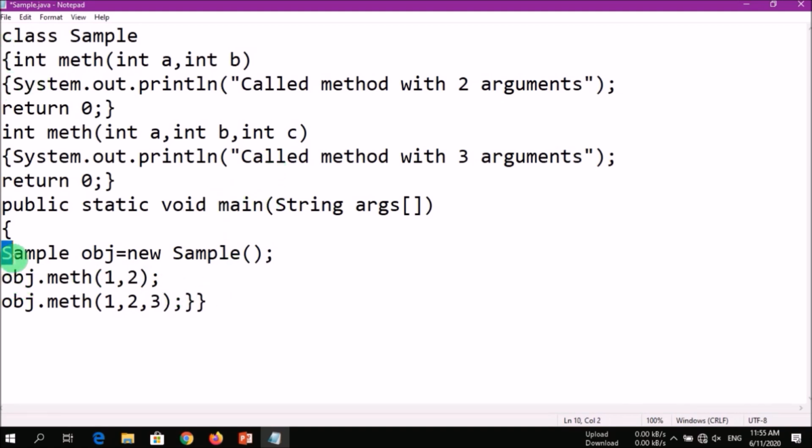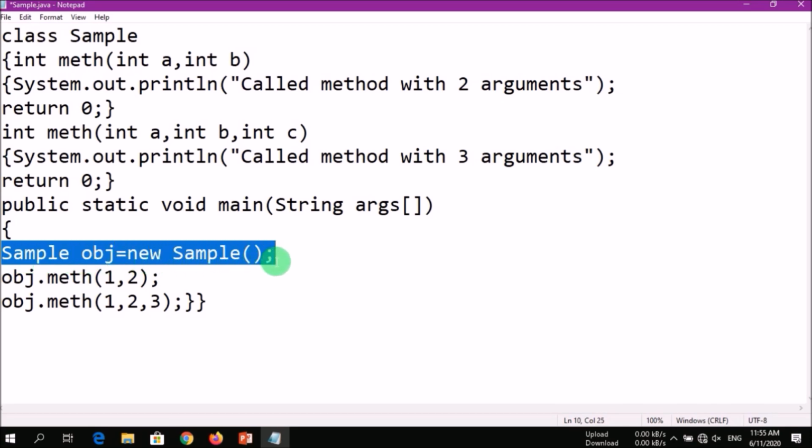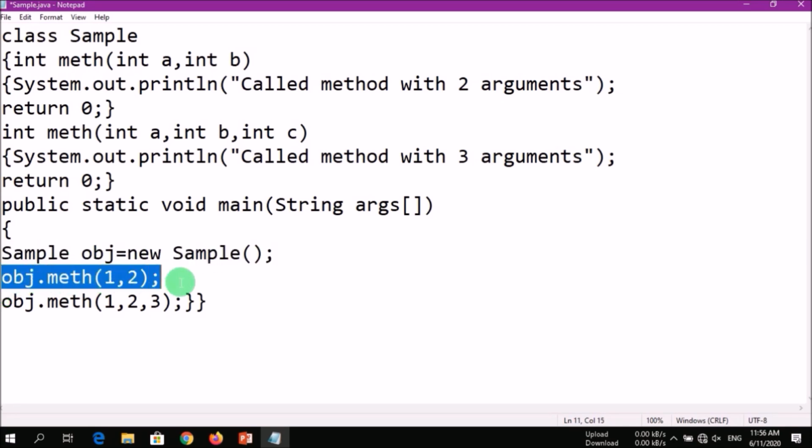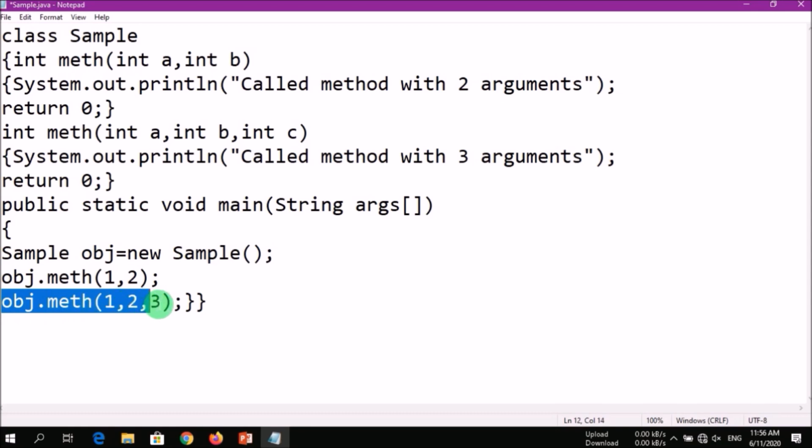As we have created the object of class sample, we are calling the method of the object with 2 arguments, and on the next line the number of arguments is 3. So let's save it and try to run this one.